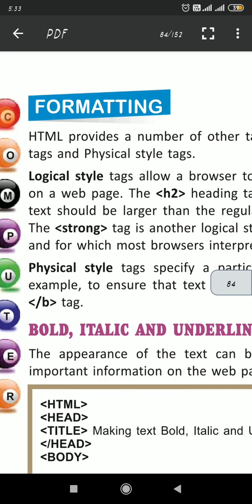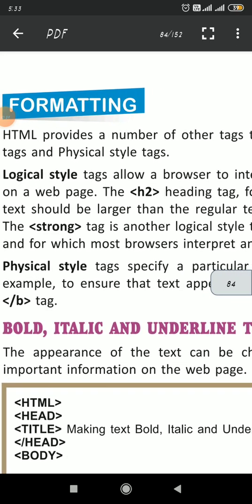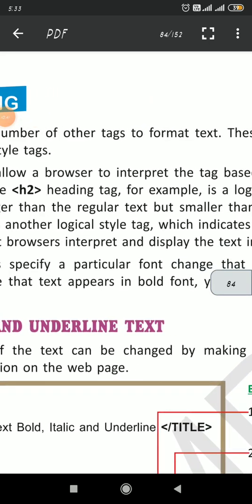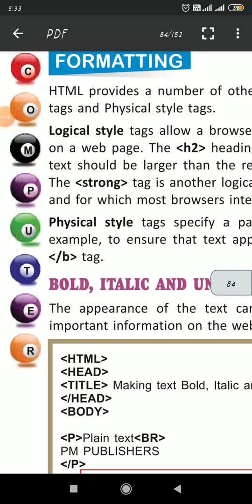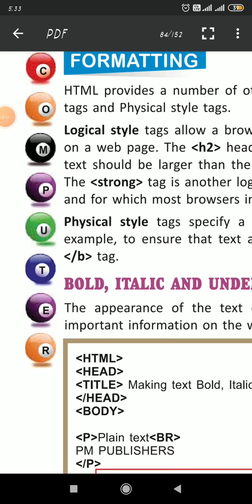So these tags are used to format the text, meaning changing the style or appearance of the text.